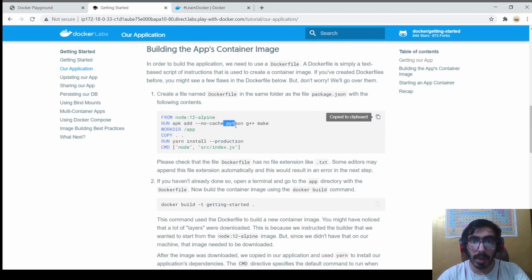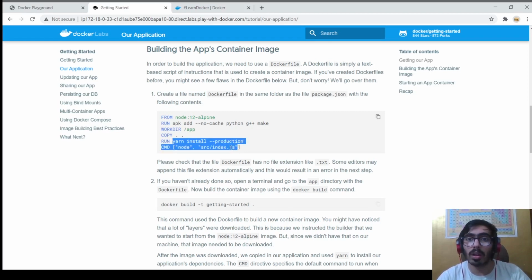So we'll have Python, g++, make, apk add. And it will be created in the app directory from this node image right here. And it'll automatically run this command when it's done, with these arguments: node src/index.js. So let me copy that.